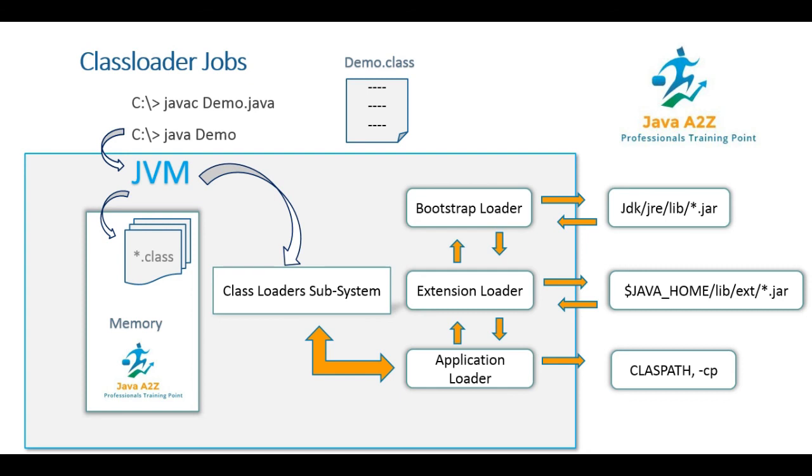Now what is the other option? The other option is that the demo class is found. If the demo class is found, then it is loaded by the application class loader into the JVM environment. In the JVM environment, the class is now loaded, and the JVM will verify this demo.class with the verifier, then instantiation and memory allocation. The execution engine will execute, and